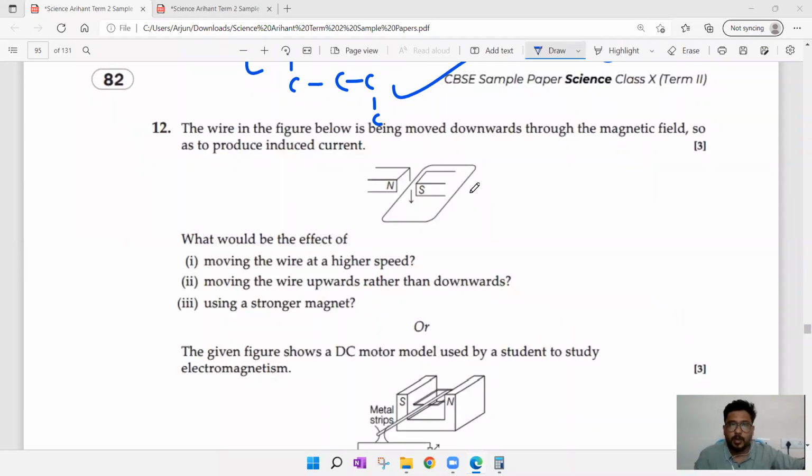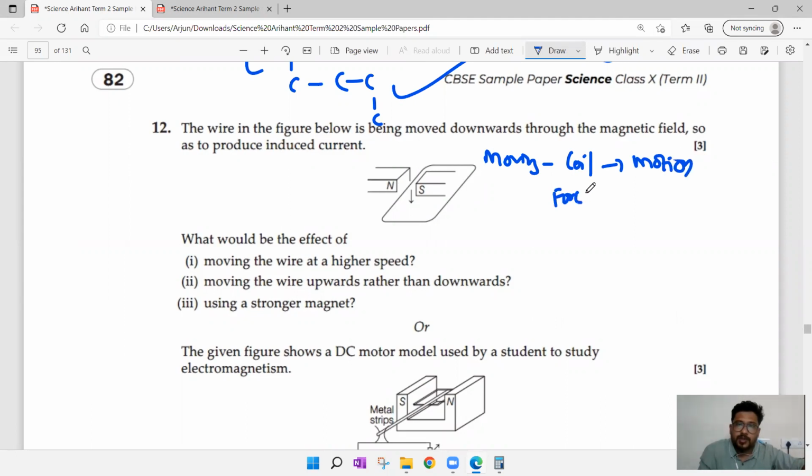Then, coming to question number 12, the wire in the figure below is being moved downwards through the magnetic field so as to produce induced current. The wire in the figure is being moved downwards, so the coil is in motion. Simply put, force is applied on the coil through the magnetic field so as to produce induced current. Current is produced in which device? It is in a generator. While coming to motor